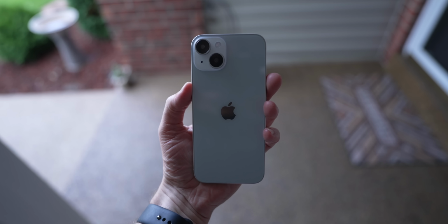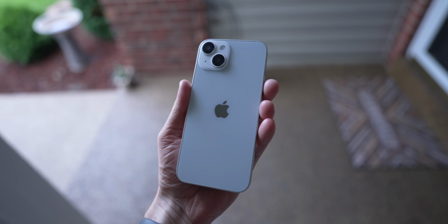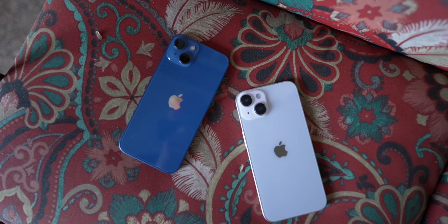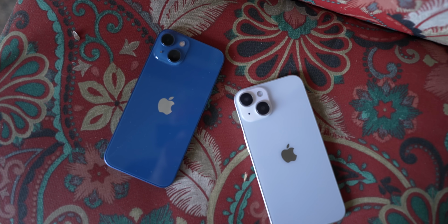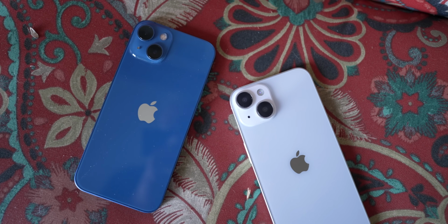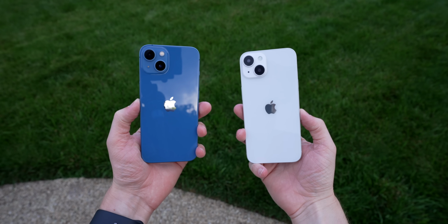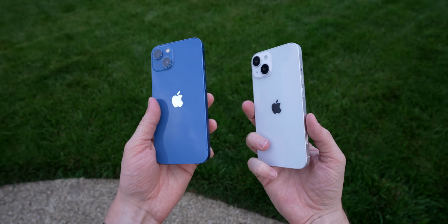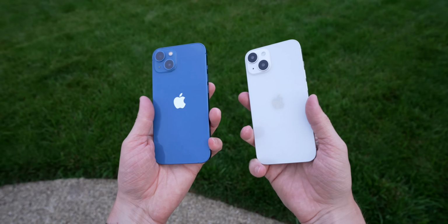But as somebody who personally finds the 6.7-inch iPhone still just a little bit too big for myself, I definitely prefer the 6.1-inch screen size. And that's why the normal iPhone 14 is here. Looking at this model in isolation, you might say, hey, that looks an awful lot like the iPhone 13, but why don't we just bring one in here and look at them side by side? And you'll notice in more ways than one, and in fact in pretty much every way, it's exactly the same looking as last year. On the back you've got the exact same diagonal camera layout, and comparing these side by side, it doesn't actually look like the camera bump is getting much bigger at all on the iPhone 14,